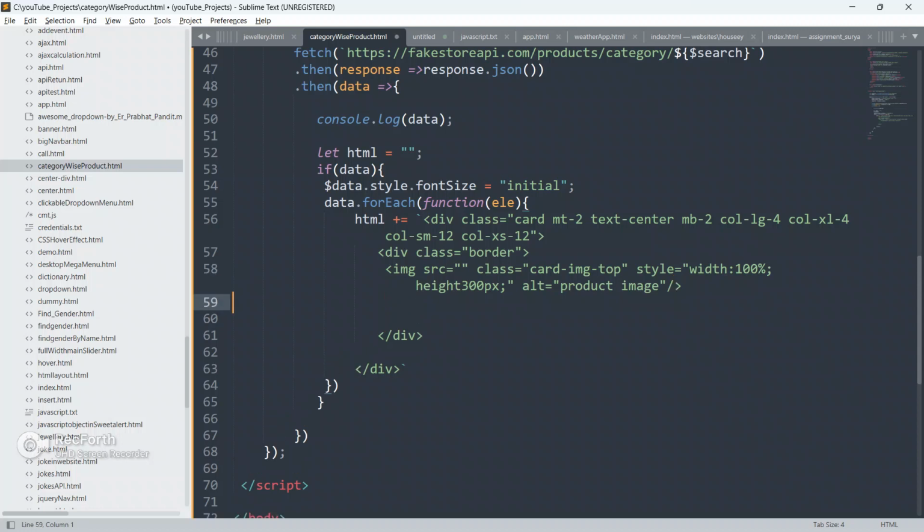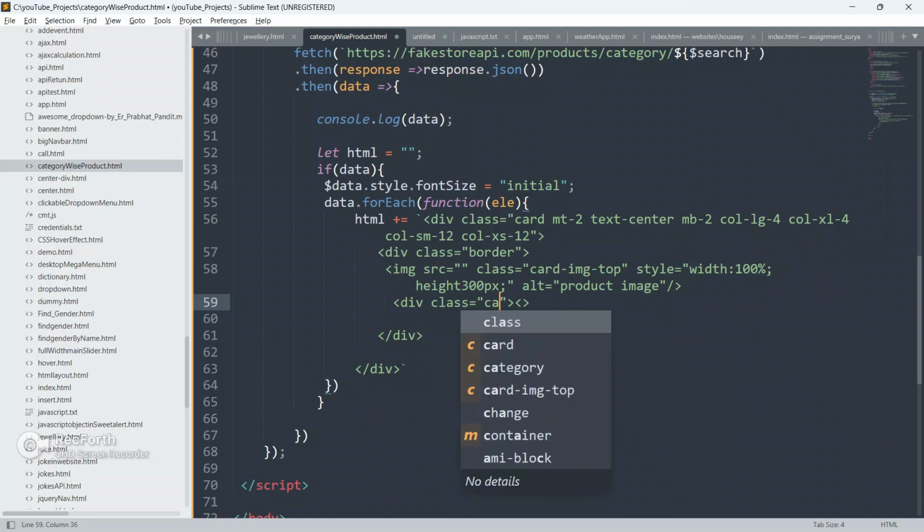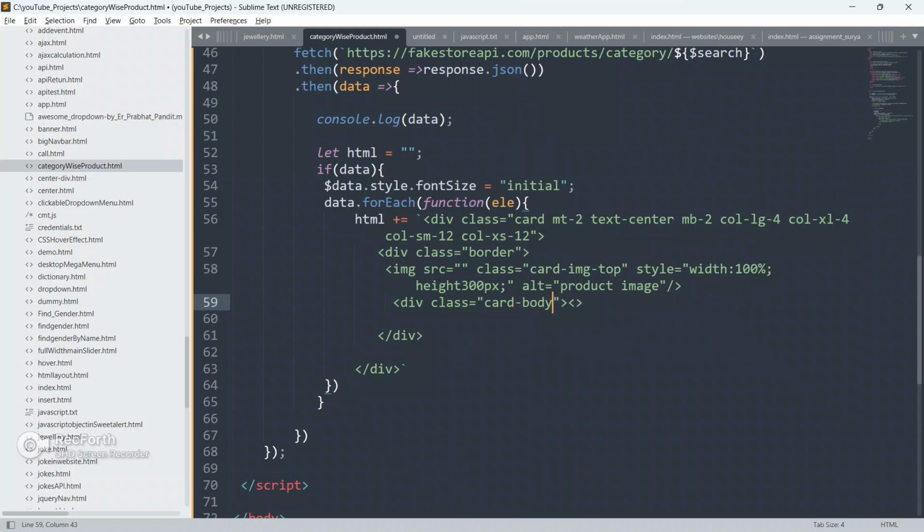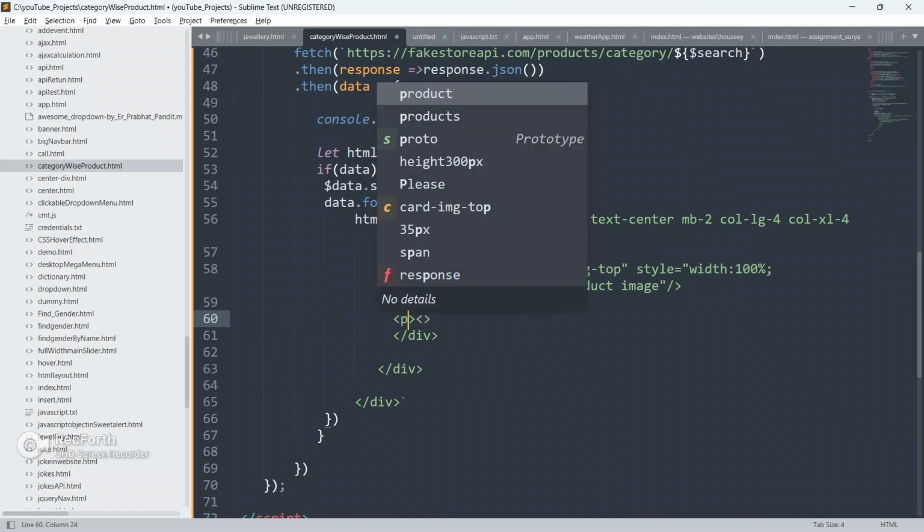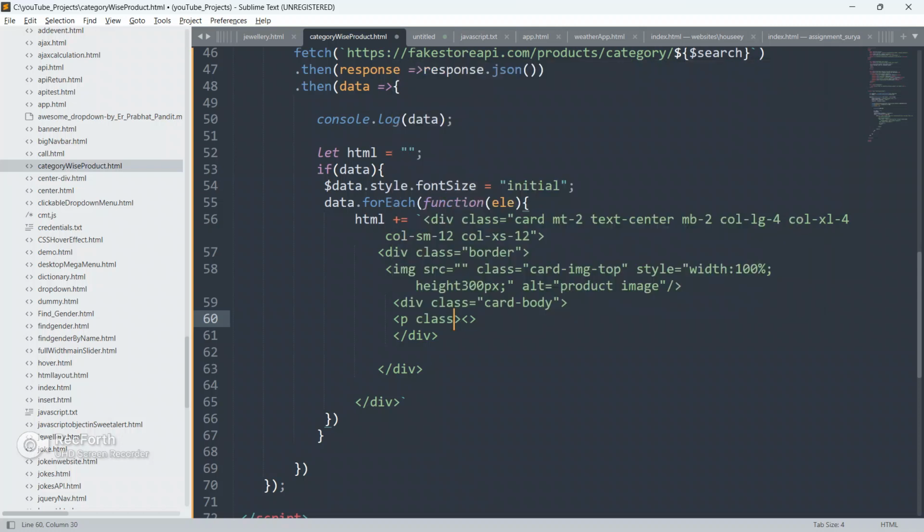So now inside this div, I'm gonna create another div, give it a class as card-body. And close this div also, and inside this div I'm gonna create some p tags.